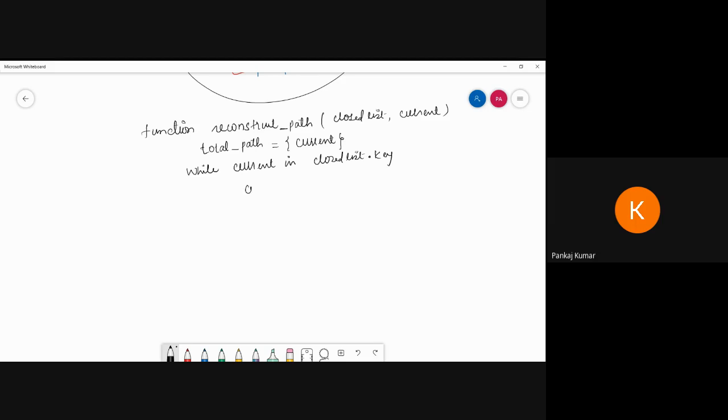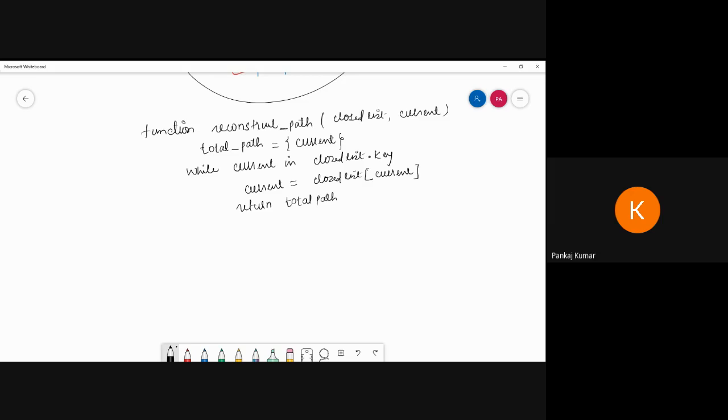Then we assign current is equal to closed list of current. Then we have to return total path.